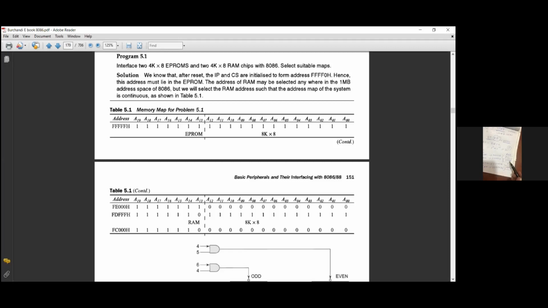At reset condition over here it is 0000H, and at reset condition over here it is FFFF0H. It means that at reset the value should point to ROM locations. Is it clear? Yes, sir. That's why, as the program counter is 0000H, ROM starts from 0000H. And as the program counter is FFFF0H at reset condition, ROM ends at FFFFFH. Is it clear? Yes, sir. So what is the content of ROM? Can you tell me what the content of ROM is?